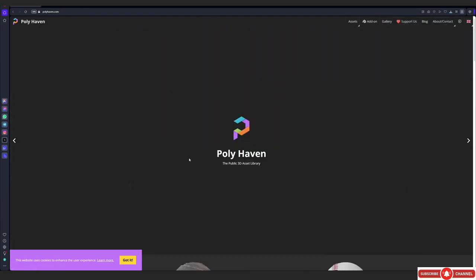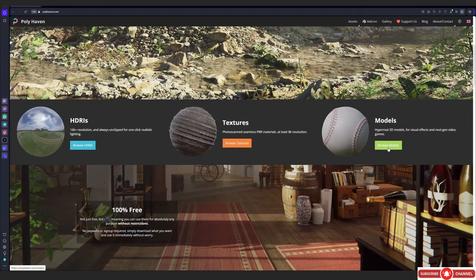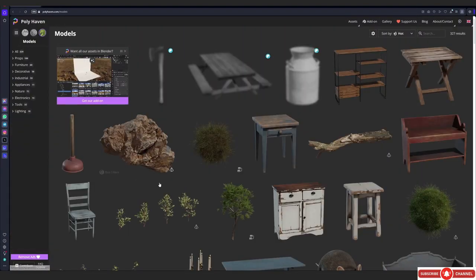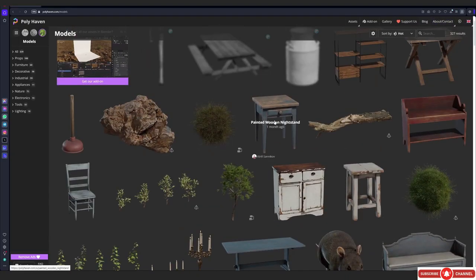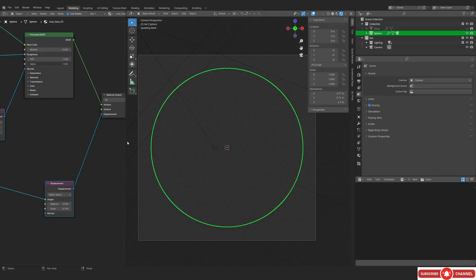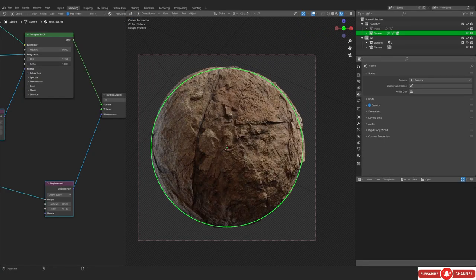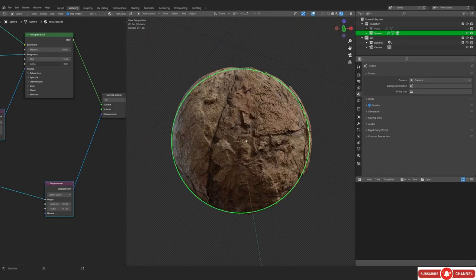So I'm just gonna be using the displacement or normal map now, and we should be able to get something decent. By the way, you can actually get free models from here, so that's pretty cool. We are obviously not gonna be using any of these, but yeah, you can get a whole lot of models for free, so that's pretty cool. You can actually even use them for commercial purposes.